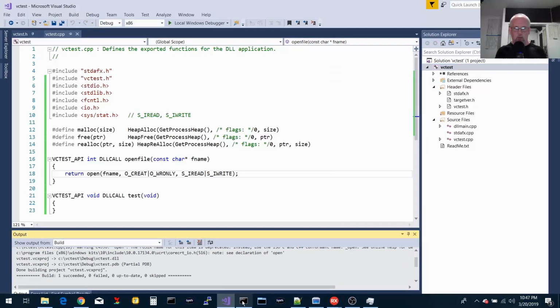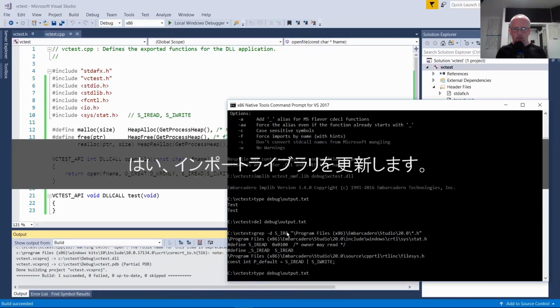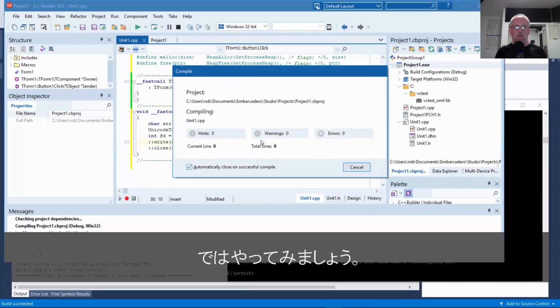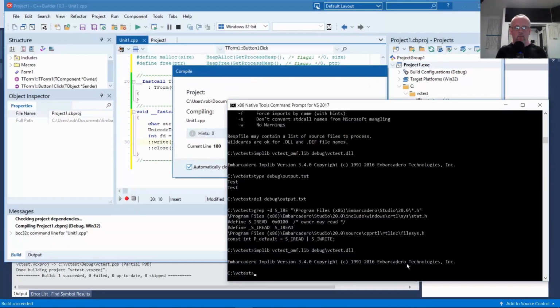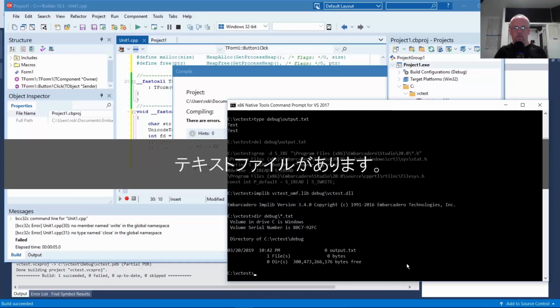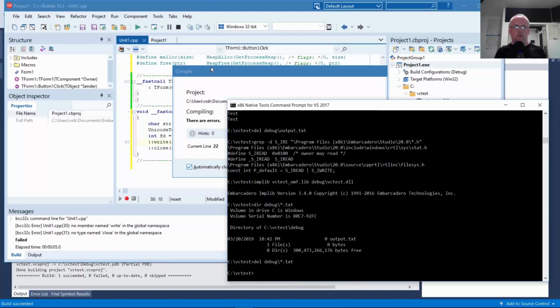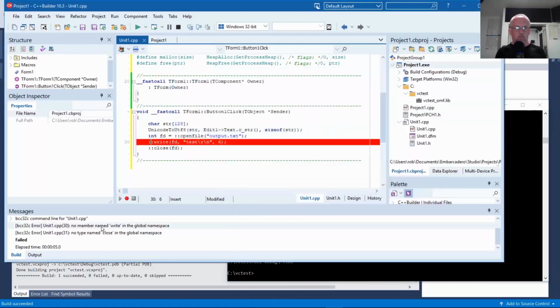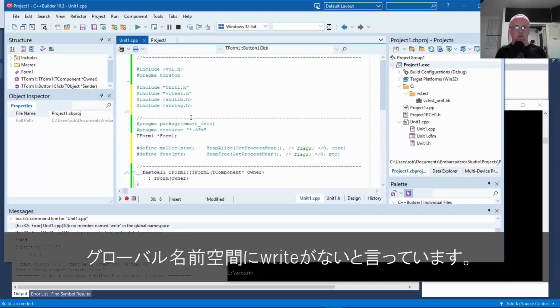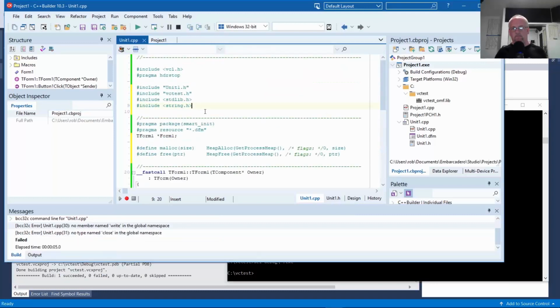Okay. Make sure our import library is up to date. And then try this out. Do we actually have a text file? We do. Let's delete that. We have errors. No member called write in the global namespace.